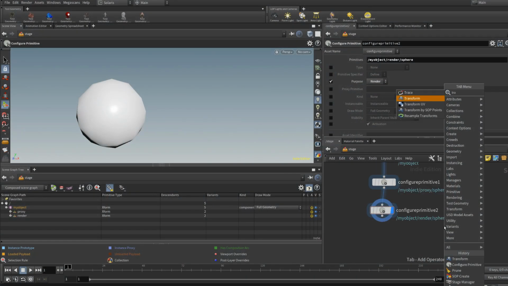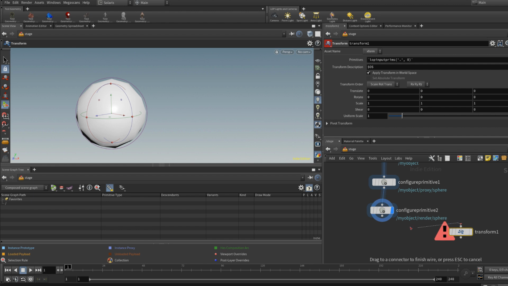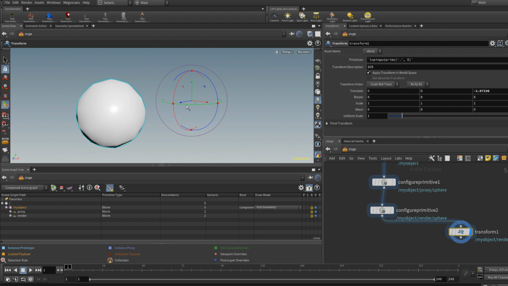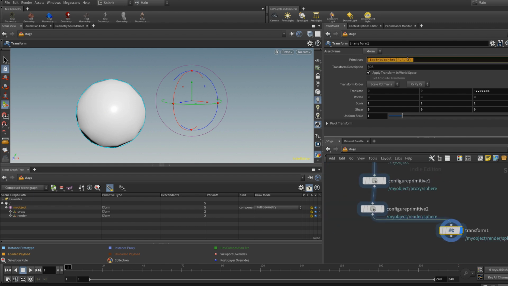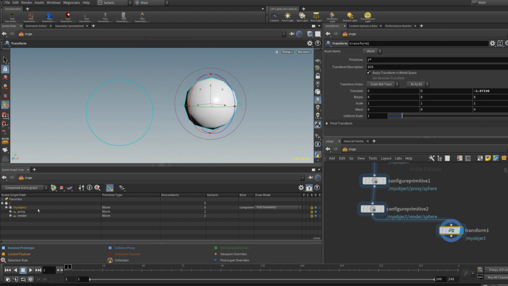I'm gonna drop a transform. Let's say I want to clone this object and have it someplace else. Right now the primitive isn't moving because this expression is set to pick up the first primitive found in stage. Since our asset structure is much more complex, it's confusing Houdini. In this case, I would rather use an asterisk, and let's not forget to add a slash before to clearly specify we want to move the primitives contained inside the stage, not the stage itself.